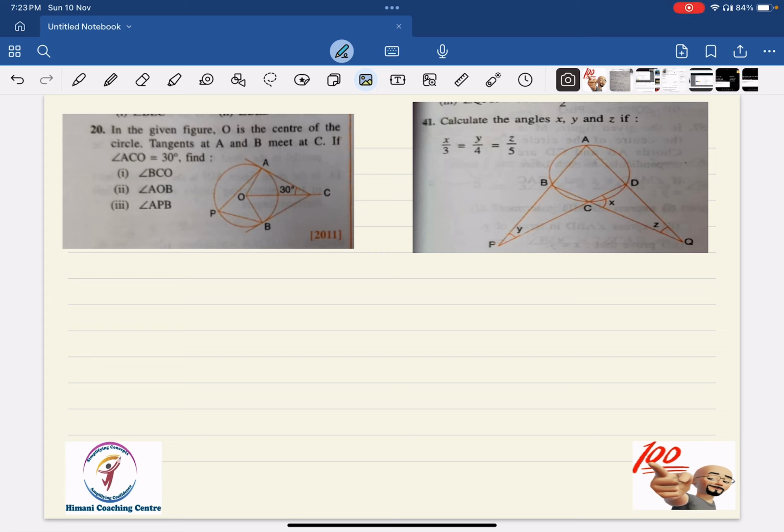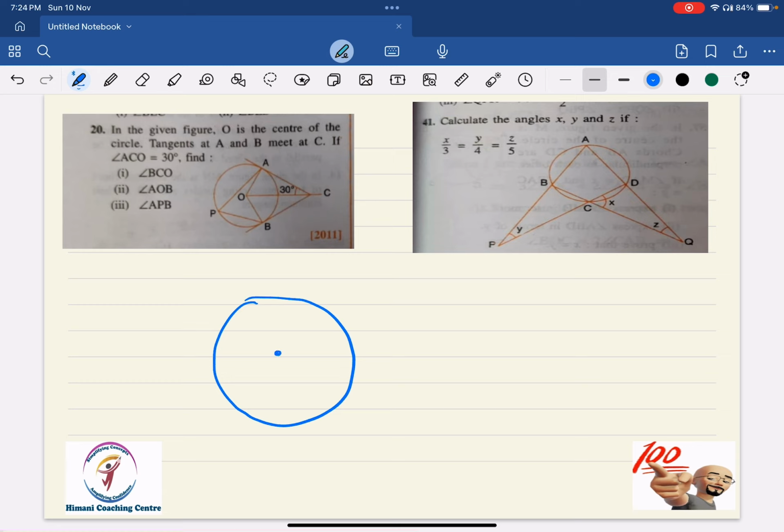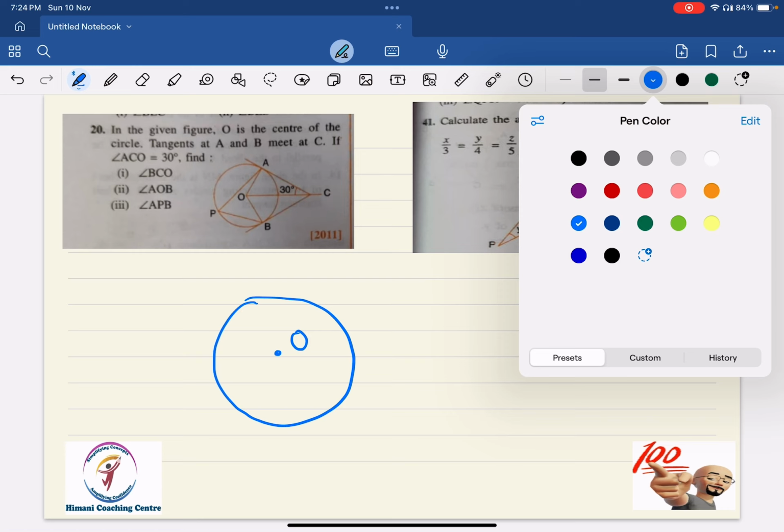Today we will do questions related to circles for class 10th ICSE board. So before we start the question, let us quickly understand some of the theorems which we would be using while doing questions on circles. So if this is O, center of the circle, and